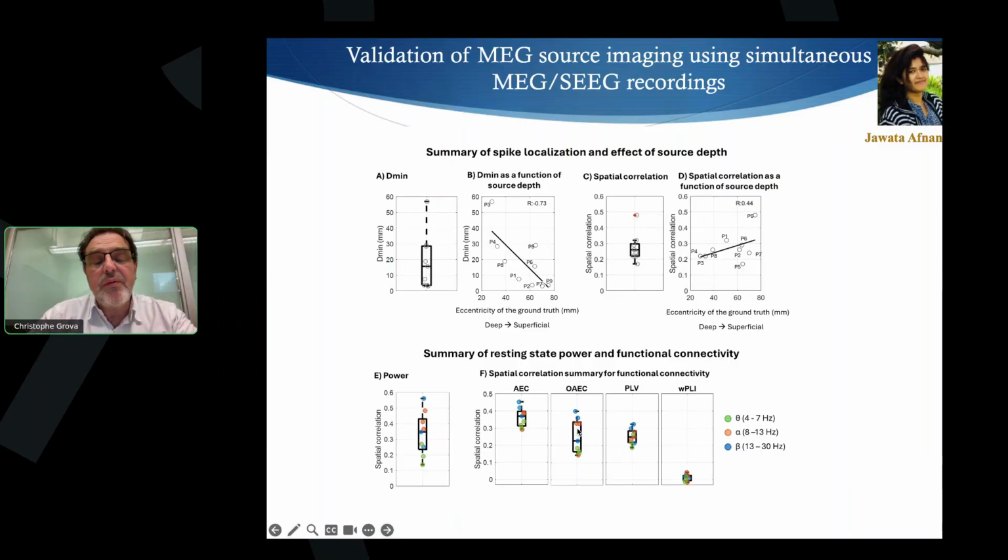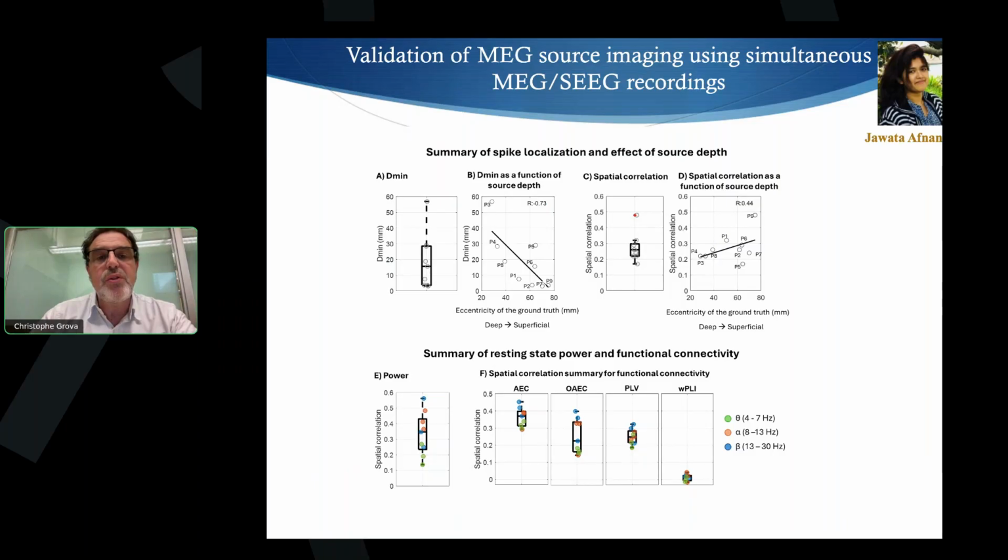And when we were comparing functional connectivity directly in SEEG or from MEG converted to SEEG, it was quite good for those two metrics that are sensitive to the leakage. But when you remove the effect of zero lag leakage, then you reduce the value, but amplitude envelope correlation still shows good value. But when doing connectivity during pure resting state, WPLI was probably not an appropriate metric to study that.